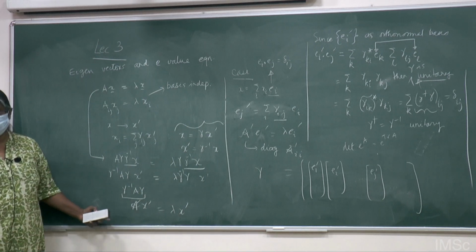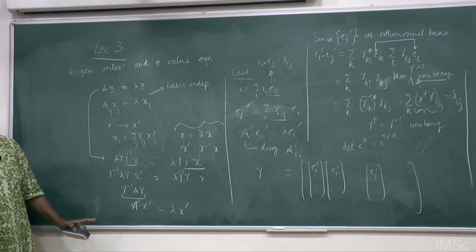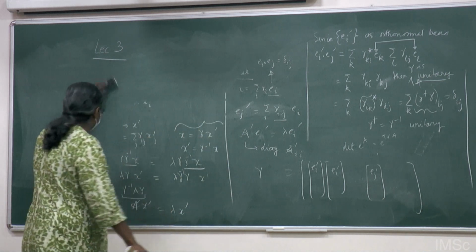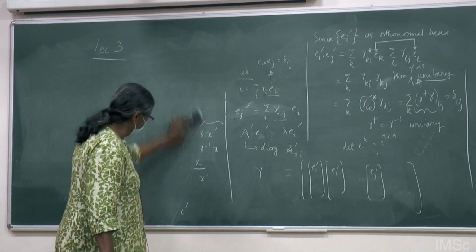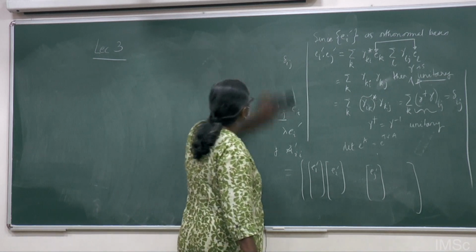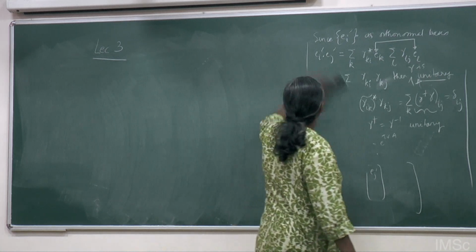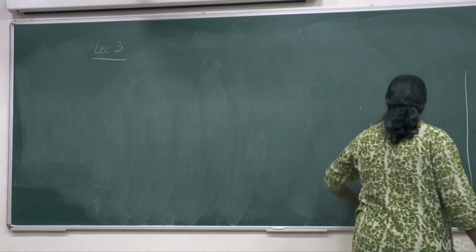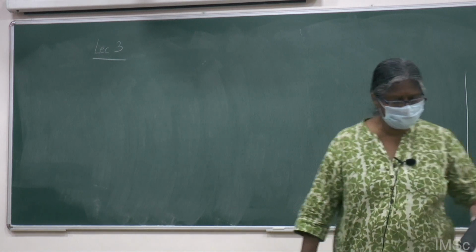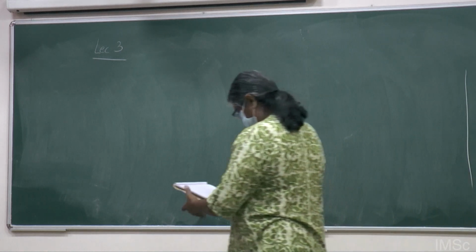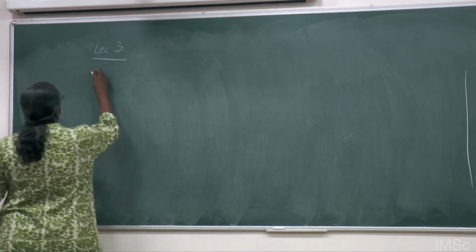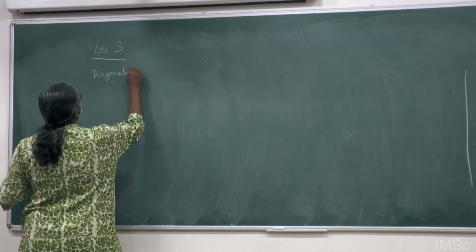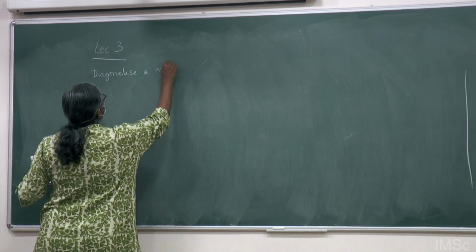So I have now given you a procedure for diagonalizing a matrix, through certain sets of transformations. This is something that was probably done in school, but it's instructive to look at it again. I think the example is also from Matthews and Walker. As I said, because you are PhD students, I'm trying to take it from fixed textbooks so that you don't have to. So let us see how to diagonalize a matrix. We have given the procedure. Let's see.